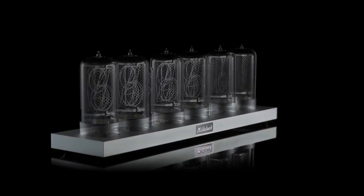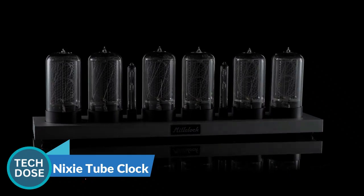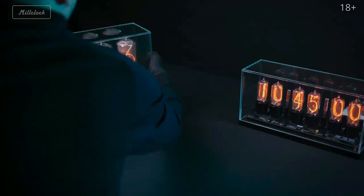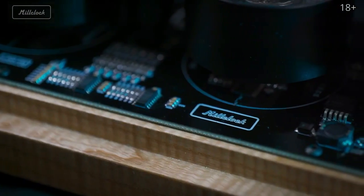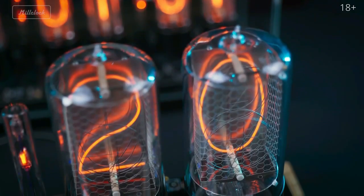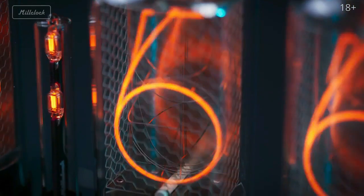The Milclock clock is a vintage-inspired timepiece that elegantly combines modern technology with retro aesthetics, featuring Nixie tubes. This clock displays the time with a warm and nostalgic glow. With meticulous craftsmanship, it adds a touch of mid-century charm to any space. The clock offers various display modes and customizable settings, providing both functionality and a unique visual experience for enthusiasts of